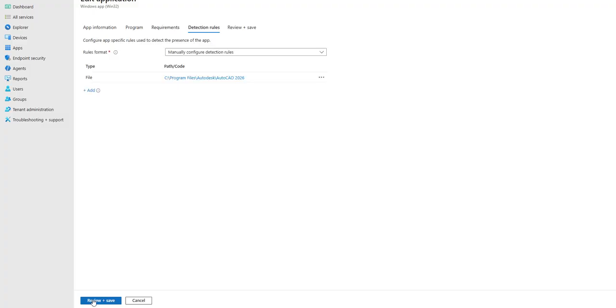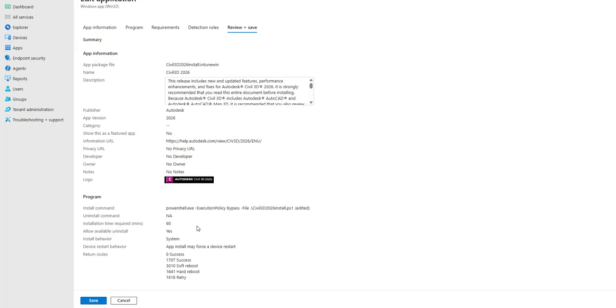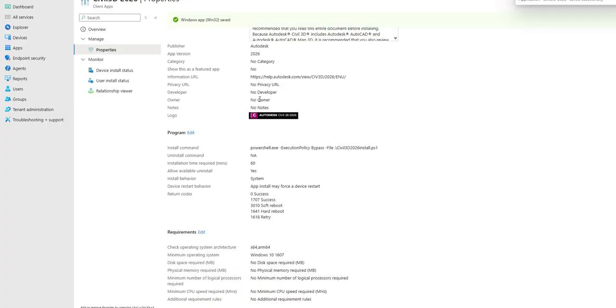Got our requirements, and then here's our detection rule. So you see AutoCAD and Civil all live in the AutoCAD folder. So for us, we do the folder, so the C3D folder that's made under the AutoCAD folder, and just that it exists. That's our detection. So that's kind of where we leave it. So that's all we look for. We'll save that, and